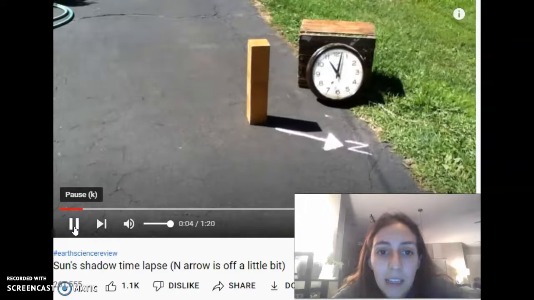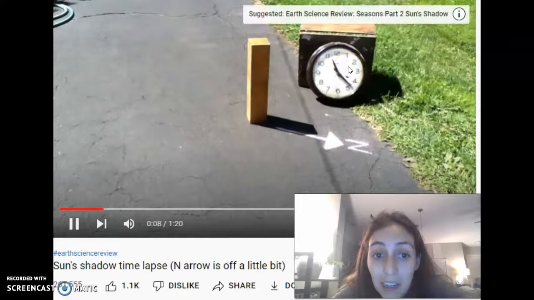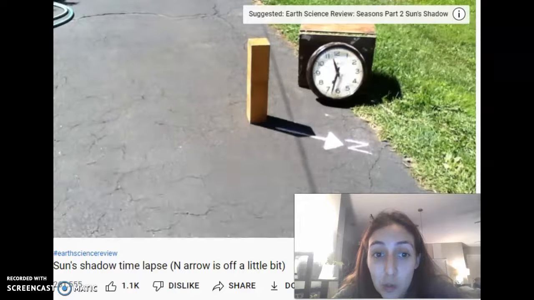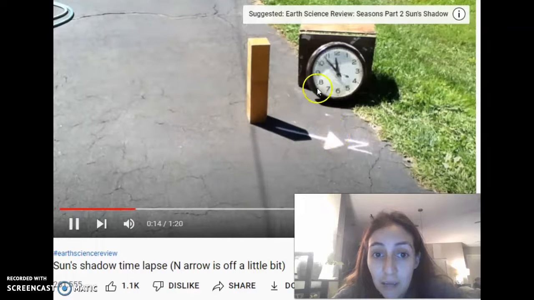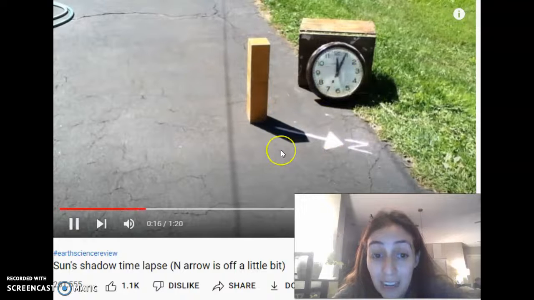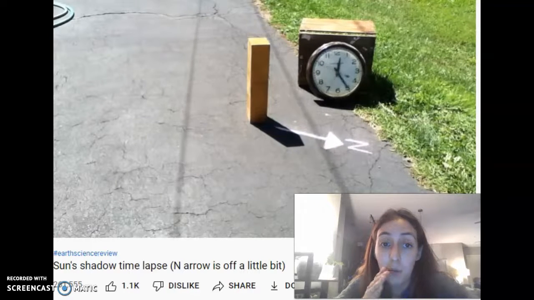All right. So as you see here, we're approaching noontime. And remember, in our notes, we said at noon is our shortest shadow. Look how short my shadow is right there. Right there is noon. Okay, we can see a really short shadow that is going straight from the wooden block,